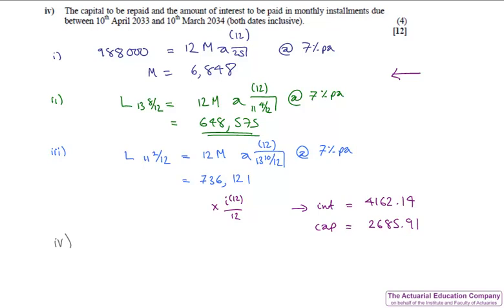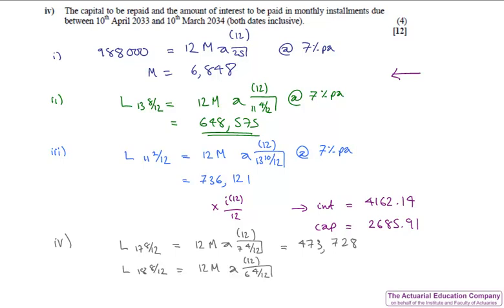Now, since we're told we wish to include the April 2033, we need the loan outstanding after the previous payment, i.e. March 2033. Well, that's 17 years and 8 months into the loan, so the loan outstanding will be the present value of the remaining 7 years and 4 months. Calculating that at 7% gives us 473,728. Now, the loan outstanding after the last payment, the 10th of March 2034, well, that's just a year later, so it gives us 422,108. So the difference between those will be the capital repaid over the year, which is roughly